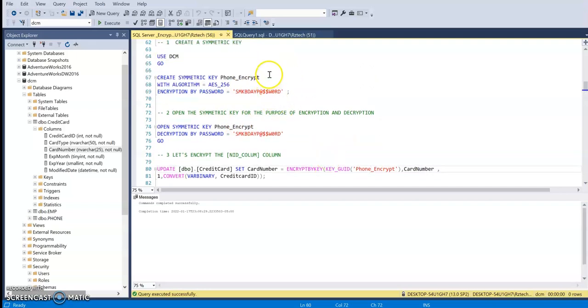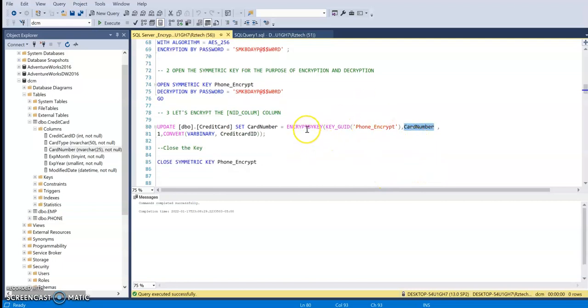If you look, the symmetric key phone encrypt is written here. Do not put a different key here unless your intention is to encrypt or decrypt with that key and that key is open. For now, I have the phone encrypt key open, and I'm going to use it here. Then provide the column name that you're going to encrypt. Now, this function requires an authenticator, and